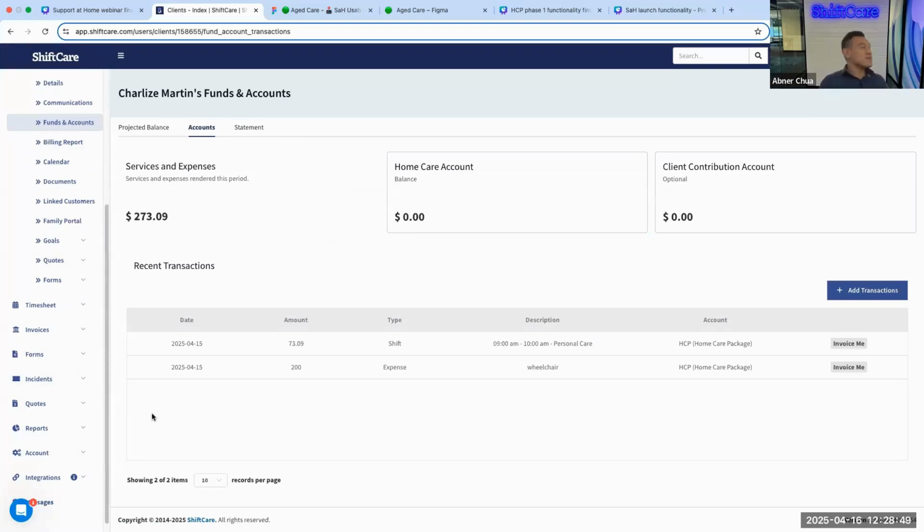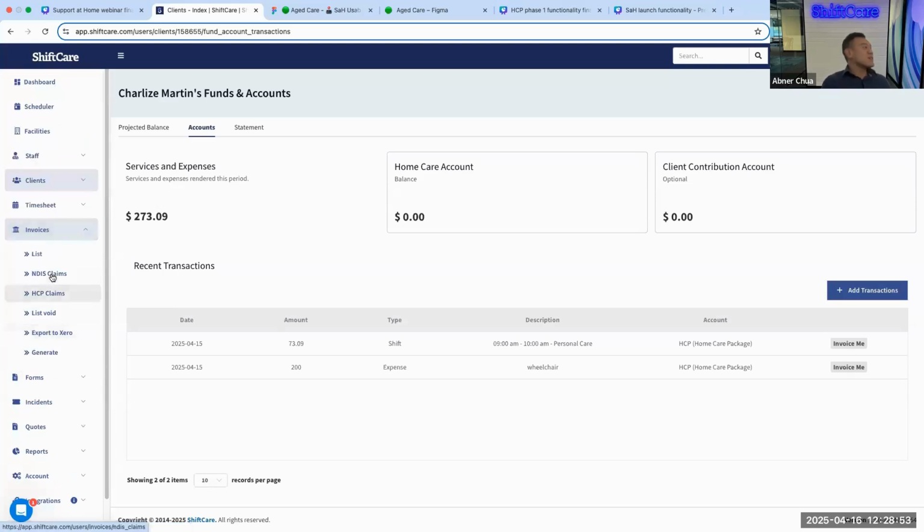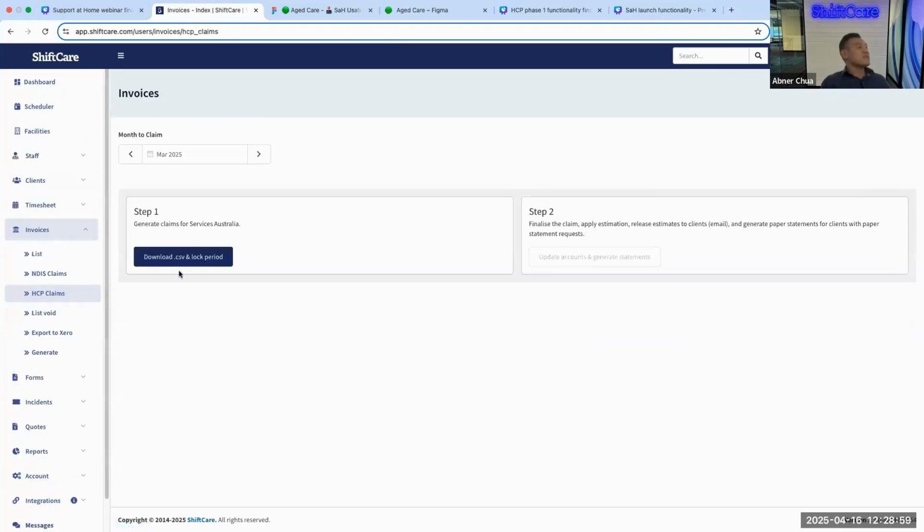Okay, so let's say it's now the end of the month or end of the period where you would like to claim. Under the invoices tab, there'll be a tab here for Support at Home claims. So I just click here for speed claims. Now I want to create the bulk upload file that I'm going to submit into Services Australia. So I'll just go for April, download CSV and lock the period. So if I open this one up,